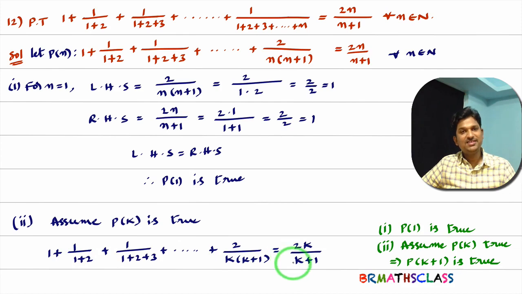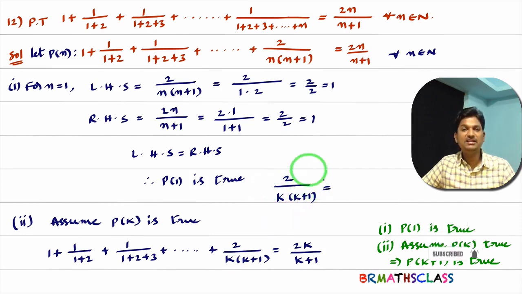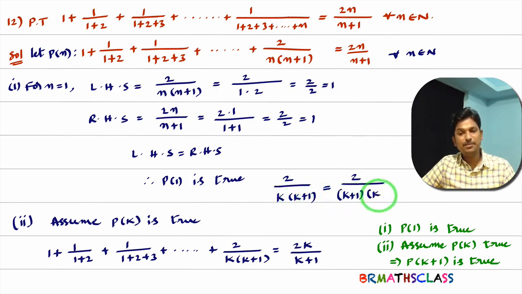Now after this step, in almost all the problems, we will add a term on both sides. What term will we add on both sides? You see here, take this kth term, 2 divided by k into k plus 1. In this term, wherever k is there, you write k plus 1. 2 divided by k plus 1, and in place of k plus 1, I am writing k plus 1 plus 1, that is k plus 2. So you add this term, 2 divided by k plus 1 into k plus 2, on both sides.